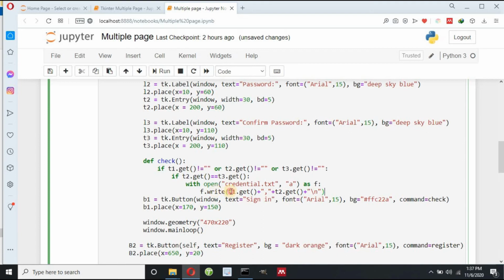Okay, I have stored t1, means my username, and t2, my password, or I can write t3 also. So username and password, I have stored my username and password in this text file.